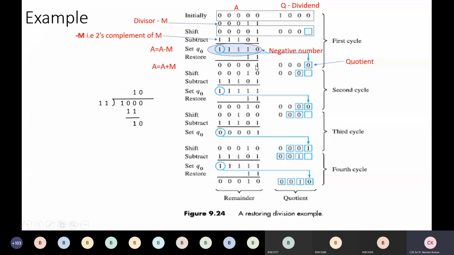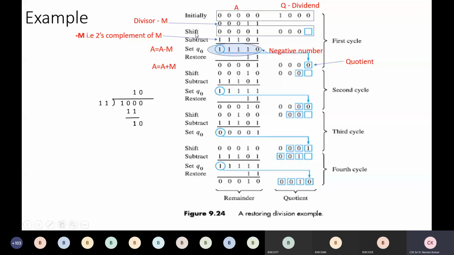ఇది వచ్చింది restore చేసాము, right? And one more thing we need to set is the Q0 bit. Q0 bit ఎలా సెట్ చేస్తామంటే దిస్ ఇది 1 ఉందంటే ఇక్కడ దట్ ఈస్ ఇఫ్ ఇట్ ఈస్ ద నెగటివ్ నెంబర్ అంటే ఇక్కడ 1 ఉందంటే వి విల్ సెట్ ఇట్ 0. ఒకవేళ ఇక్కడ 0 ఉందంటే ఇక్కడ 1 సెట్ చేస్తాం. రిమెంబర్ ఇఫ్ ఇట్ ఈస్ 1 అంటే నెగటివ్ నెంబర్ ఉంటే ఇక్కడ మనం కోషంట్ అన్నట్టు మనం సెట్ చేసేది, ఇక్కడ 0 సెట్ చేస్తాం. ఇఫ్ ఇట్ ఈస్ 0 ఇట్ ఈస్ ద 1.